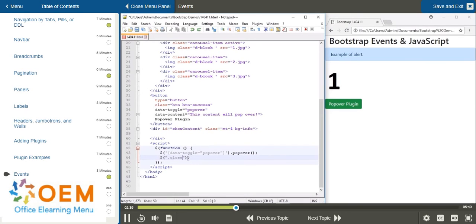So what do I want to do then? If I target that close class, then I want to add some functionality. So I've put a period there. And basically what I want to do is interrupt the click event of that anchor tag. So basically whenever someone clicks on the X, then this function on line 44 is going to fire off. Now I haven't written the function yet. Let's define that function. So I've now inserted